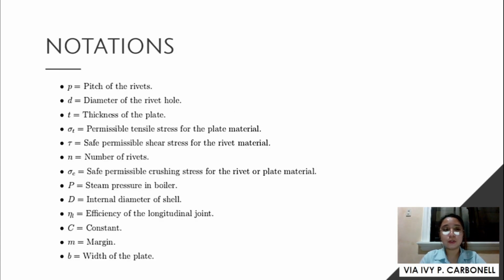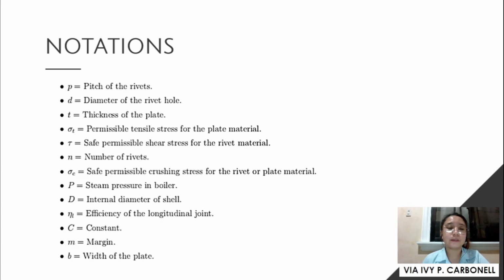Before we proceed with the introduction, I'm going to discuss first what are the notations that we're going to use. So we have the pitch of the rivets, which is the symbol of small letter p, the diameter of the rivet hole, t for the thickness of the plate, permissible tensile stress for the plate material, safe permissible shear stress for the rivet material, small letter n for the number of rivets, safe permissible crushing stress for the rivet or plate material, uppercase P for the steam pressure in boiler, capital letter D for the internal diameter of the shell, efficiency of the longitudinal joint, capital letter C for the constant,